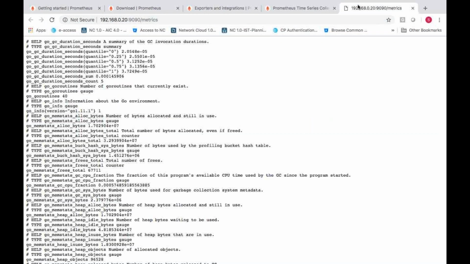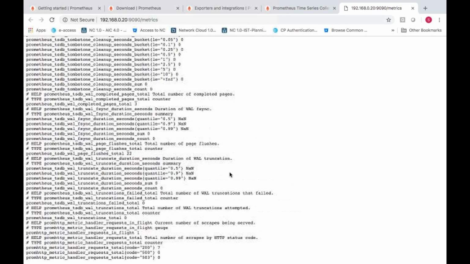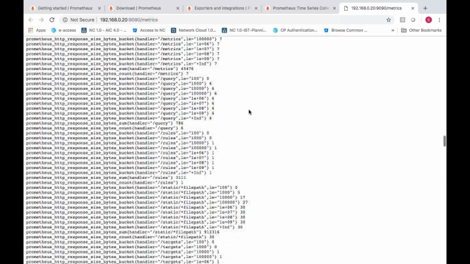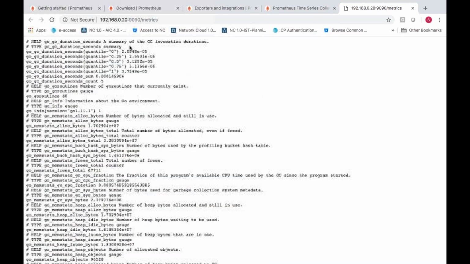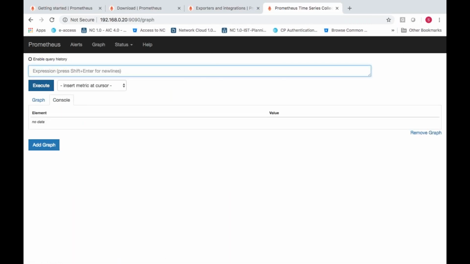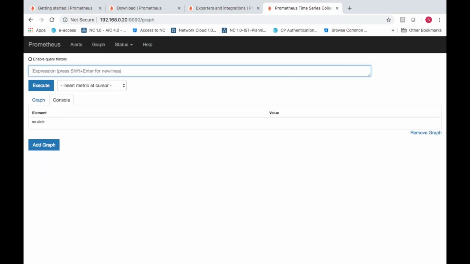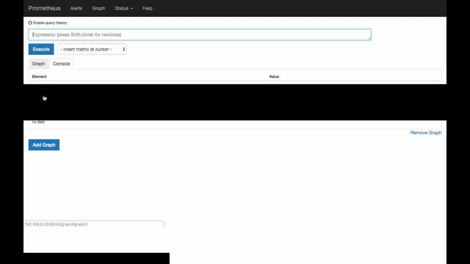If you go to this and say like this, you can see it is showing you some information, but it is not accurate, in the sense you are not able to understand. But these are the values. It is showing you some values actually, but you're not able to understand right now. For that reason, we are using the graph. So go to Prometheus. If you want to add this graph, it is just simple, not too complicated. Don't worry as of now.